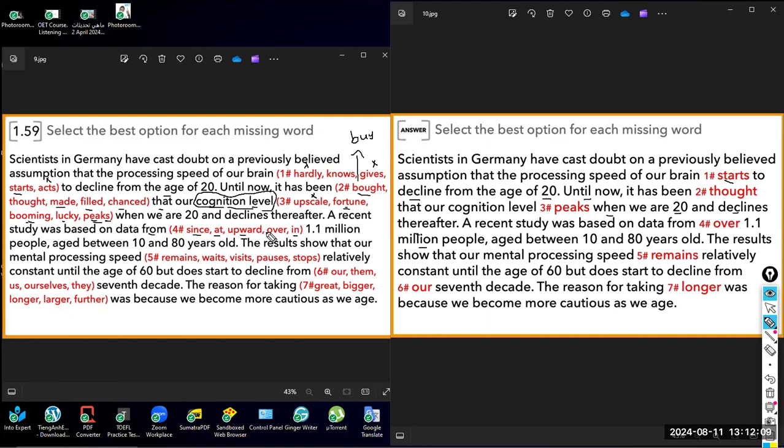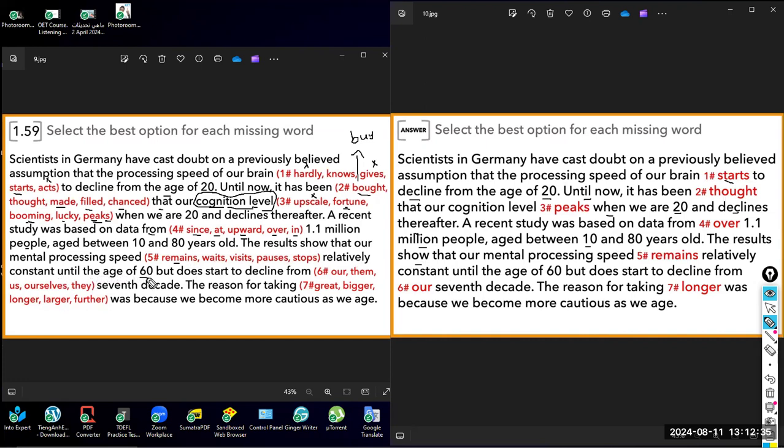I have to say from over, and because I'm talking about people, from over 1.1 million people aged between 10 and 80 years old. The results show that our mental processing speed remains